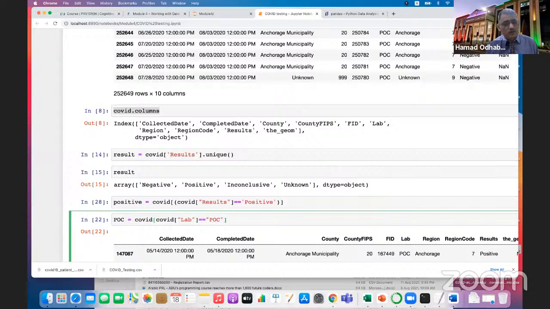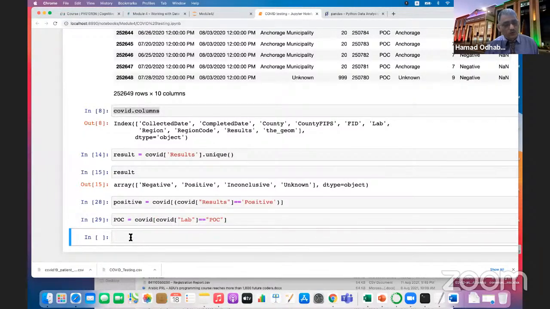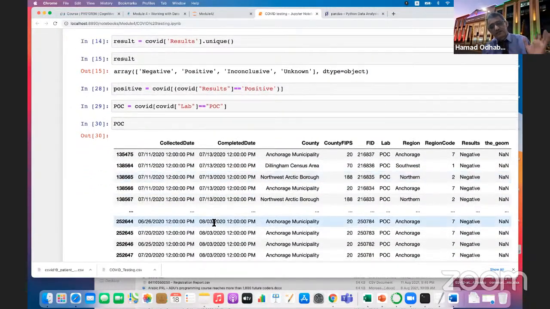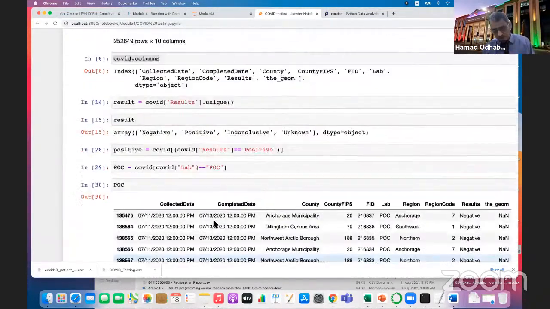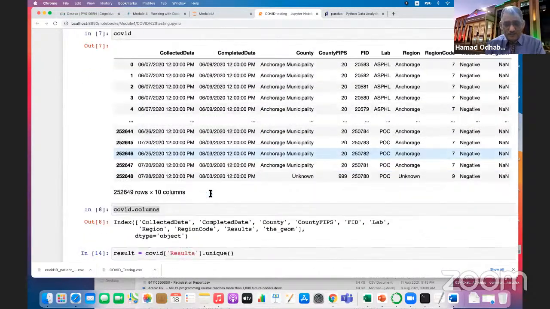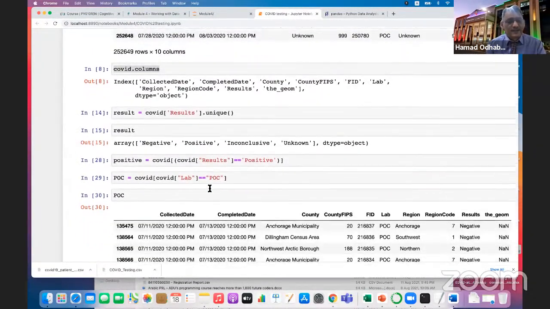This one now will create a new data called POC, and it stored only data of POC, mixed, negative, positive, everything. So this is the way I can create data from a data by filtering